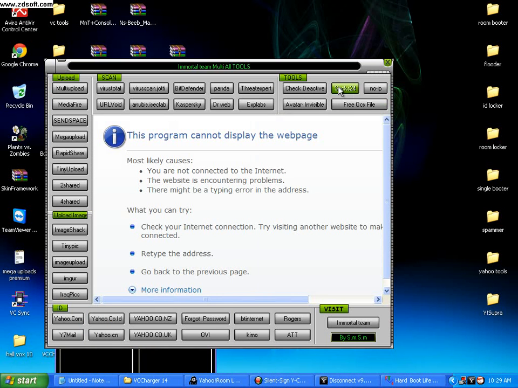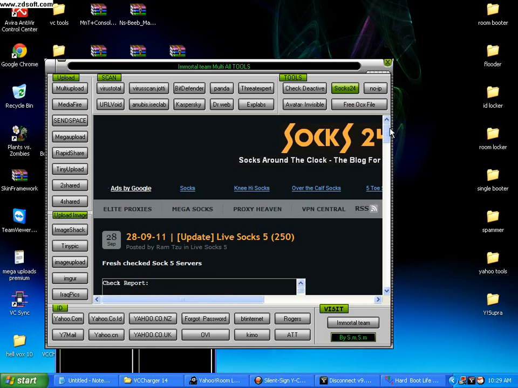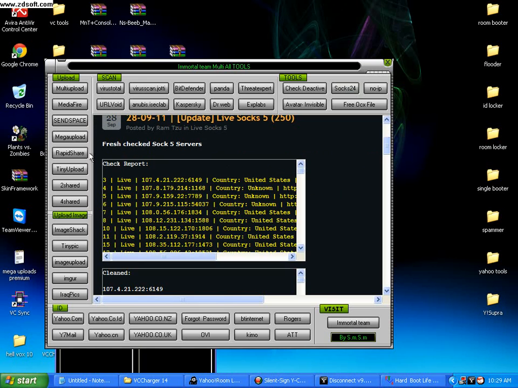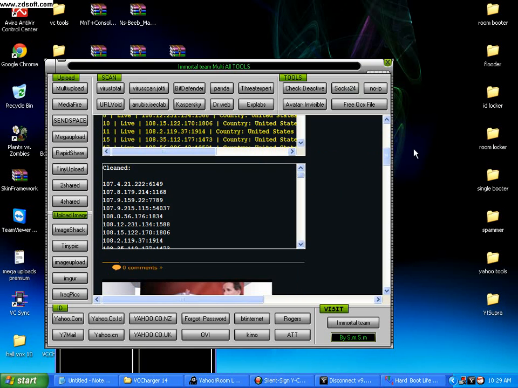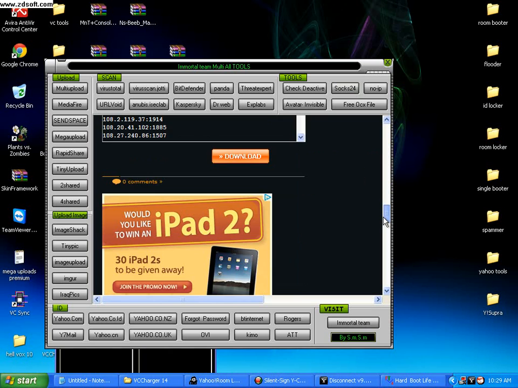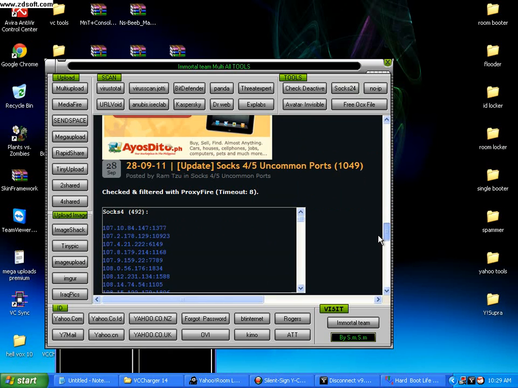Here, click this here, SOCKS 4. There we go. Now there's the SOCKS. See, first check the SOCKS 5 servers. It's clean. Okay, there it goes. See, SOCKS 4 and 5, clean.